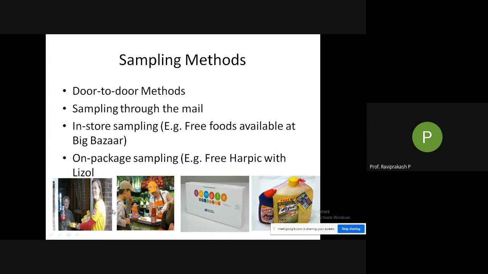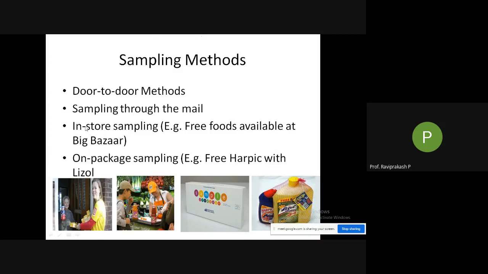So this is the first one. In the first picture, you can see this particular person going to this particular lady and giving the sample. Then sampling through the mail, which is the third one. There is a mismatch actually. You can see the sample, what is written here? Sample showcase. That means you can mail this particular box with the address of the consumer. There might be a database that you have. So if you're coming with a new product, there is a database of people who are already buying your different products. So you can send it to those people. So that is through direct mail.